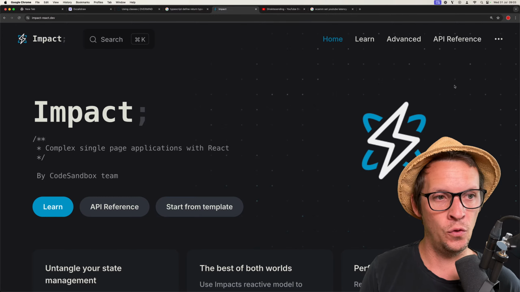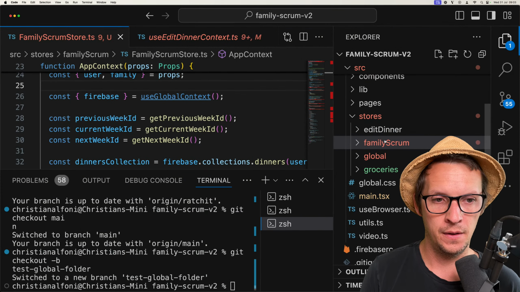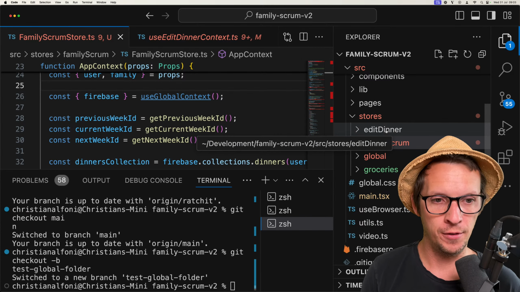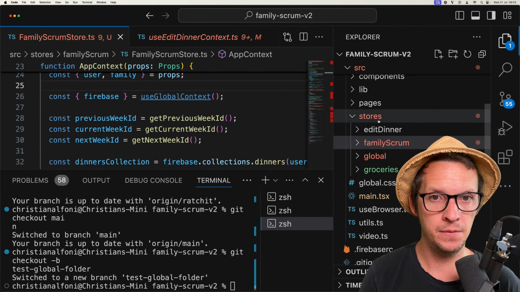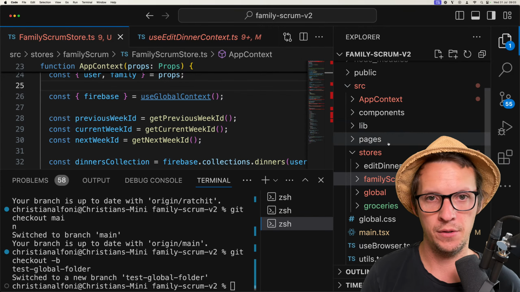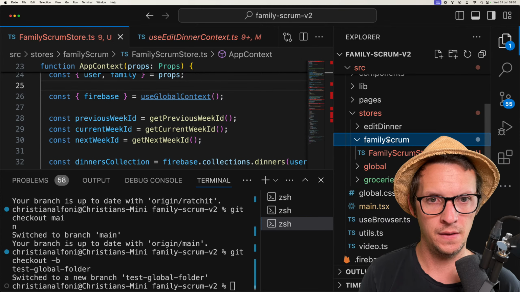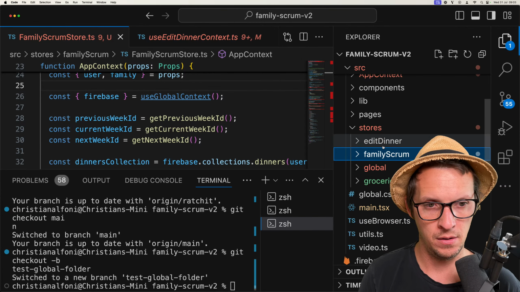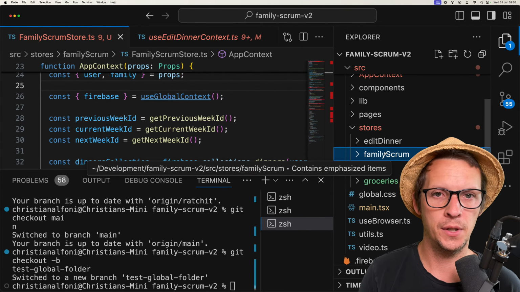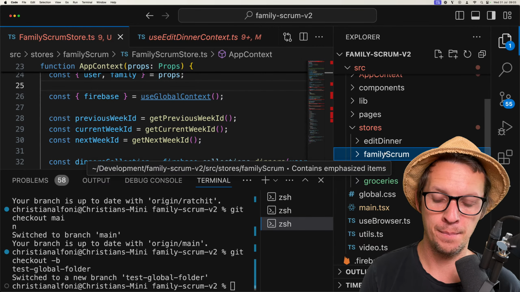And this is not the case here. You don't have that overview. Okay, we have the stores folder now, because this is just about how you structure your stores, which does give you a lot of insight into how the application works, but it doesn't give you that full mental image.